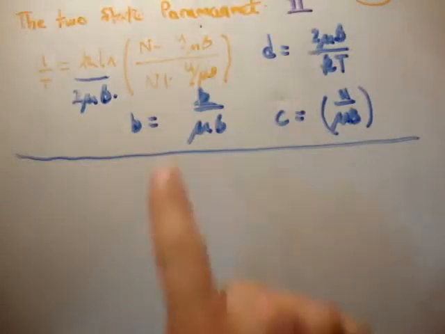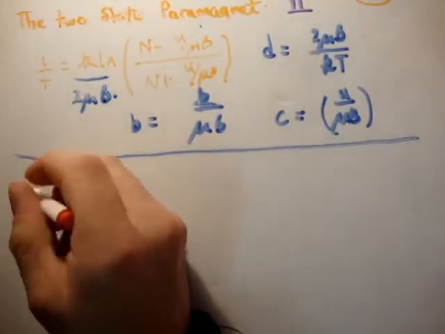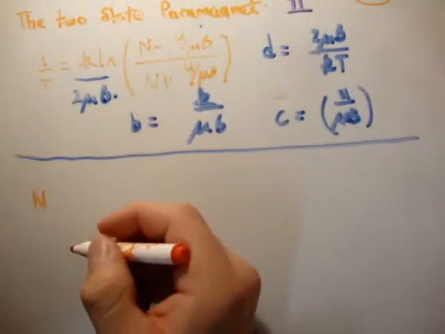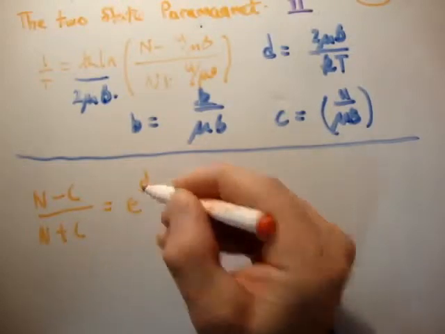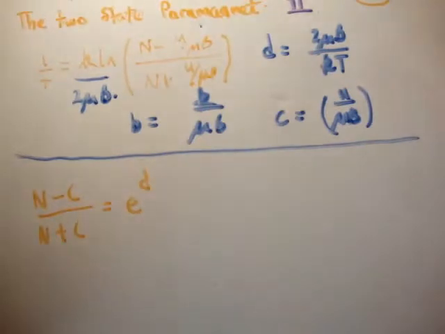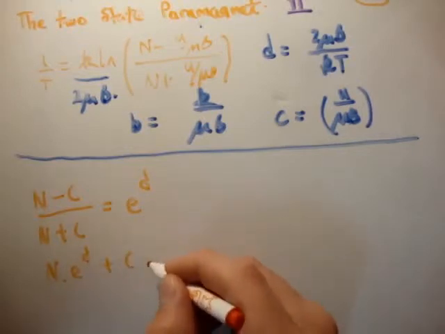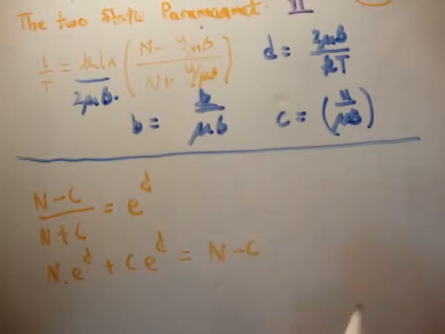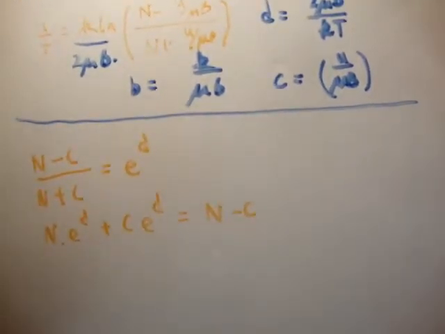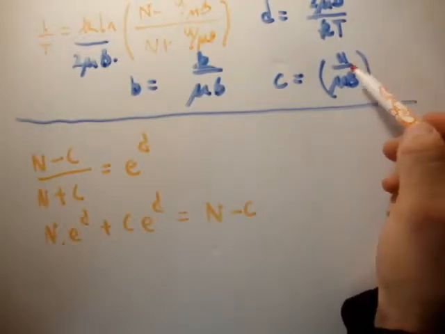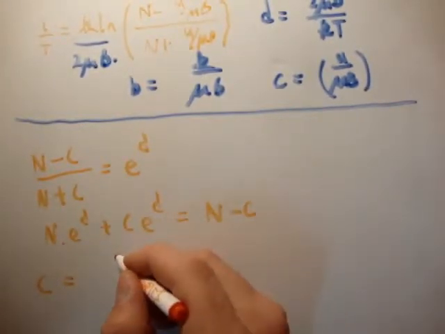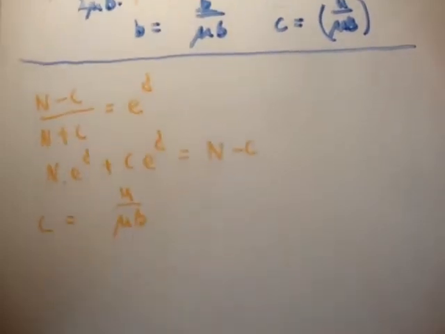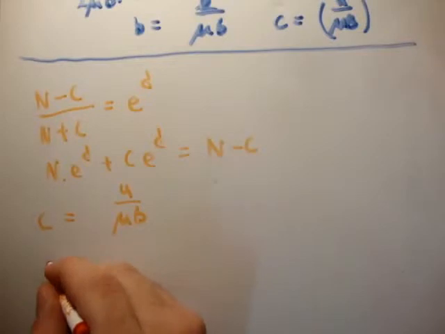So if we look at the argument up here, the whole thing becomes (N minus c) over (N plus c) is equal to e to the d, by getting rid of our logarithm by taking an exponential. Very straightforward. Rewrite that as N times e to the d plus c times e to the d is equal to N minus c. Now, if you rearrange that for U, which is basically rearranging for c, you can do the rearrangement, and you're going to get U over mu B. So c is equal to U over mu B, or U is equal to,